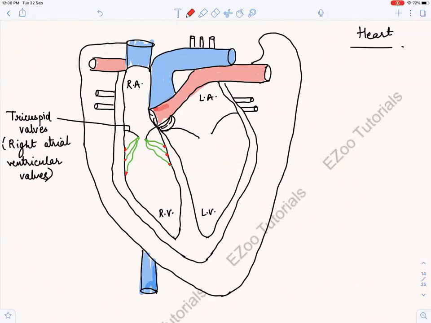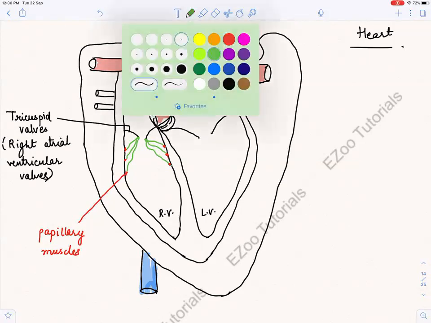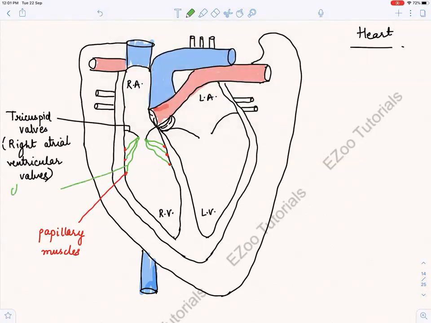First we label it, then we'll understand about them. So these are papillary muscles, and what are they helping with? They are helping in anchoring these chordae tendineae that we have drawn. From the logic, you can see that they are helping in holding the valves so as to prevent backflow, ensuring unidirectional flow, and the valves don't invert their direction, right?